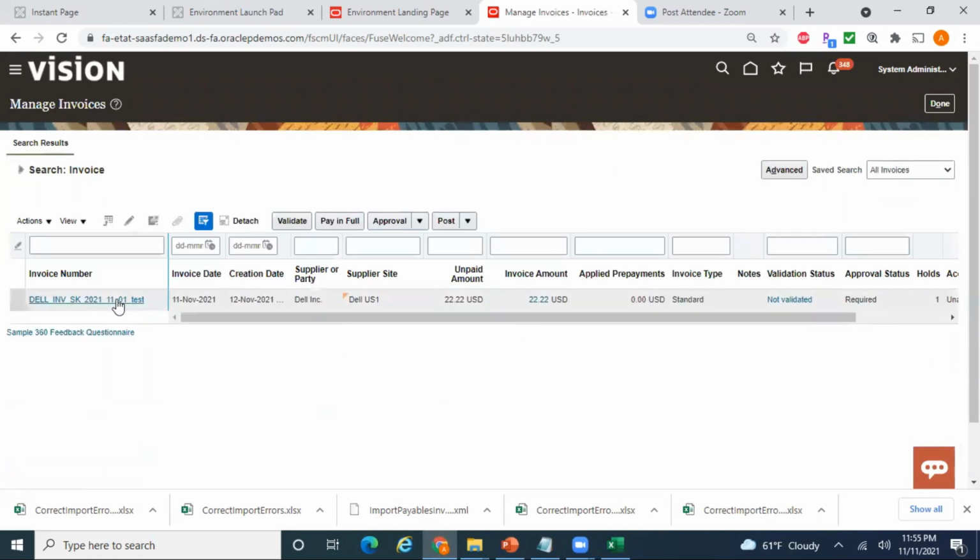And here you can see the invoice, and after this the normal process continues. Approval is required, get it approved, validate, get it approved, and then create accounting, transfer to GL, make a payment, and so on. So that process continues. Okay, so this is how you correct the errors for the records which are stuck in the AP invoice interface.